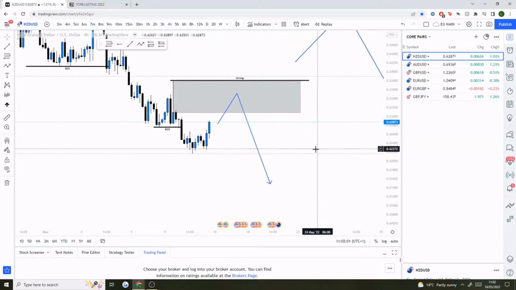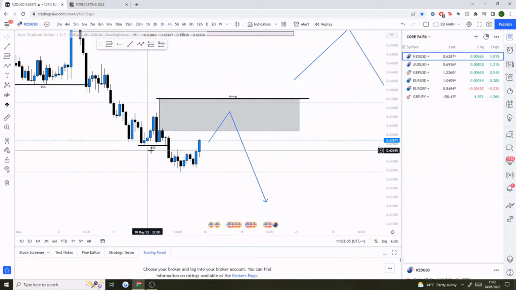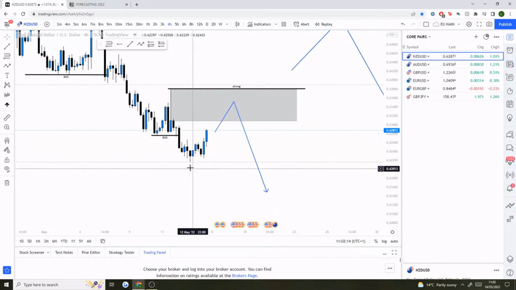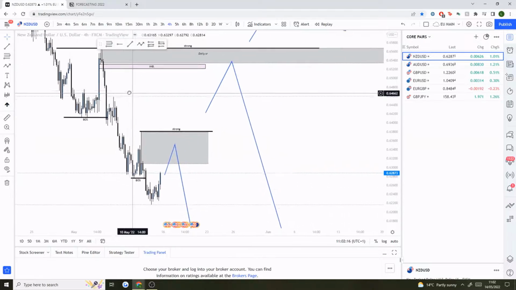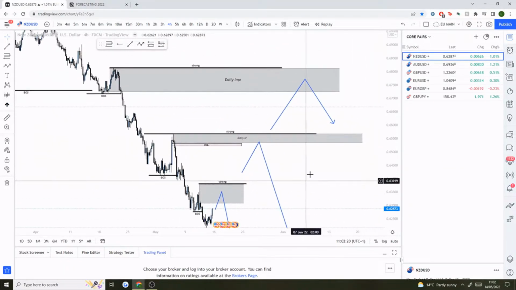Alright, so looking at the 4 hour from last week, what we can see very clearly is this breaker structure here. Now this has left behind this huge wick here, and that is basically where the order block is, which caused this breaker structure. So for me, in terms of the daily just continuing downwards, like I talked about with that pattern,